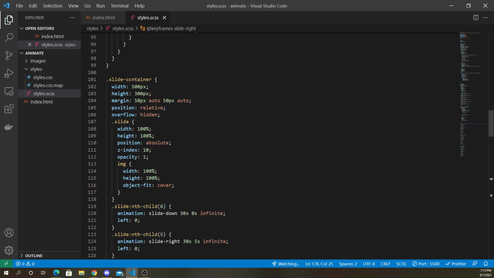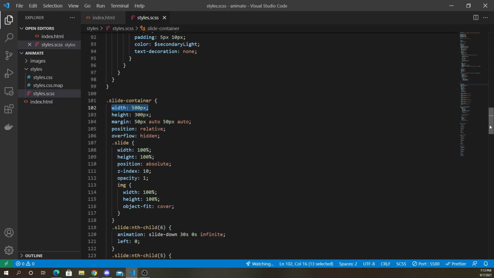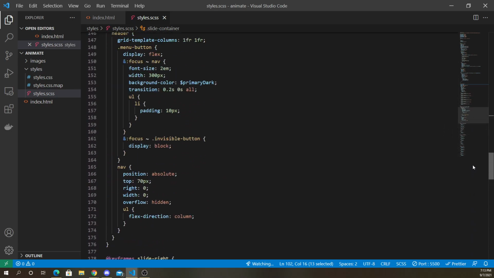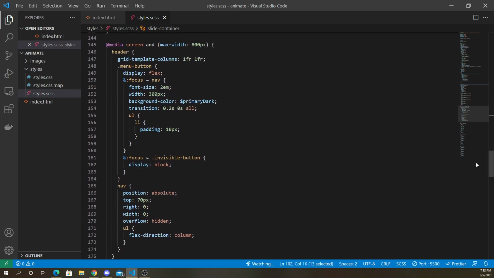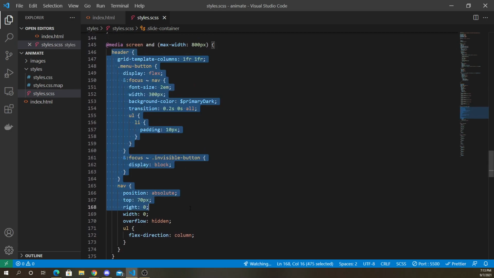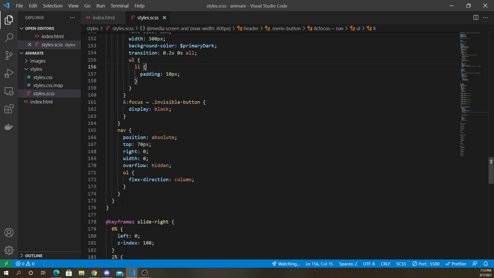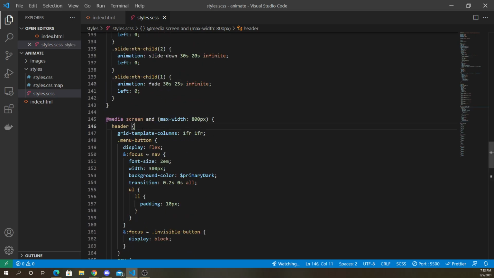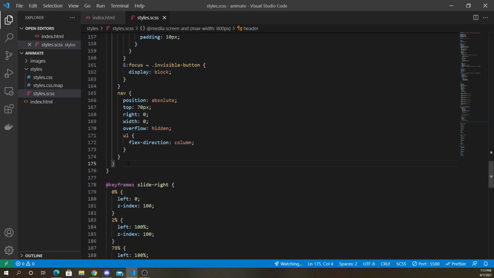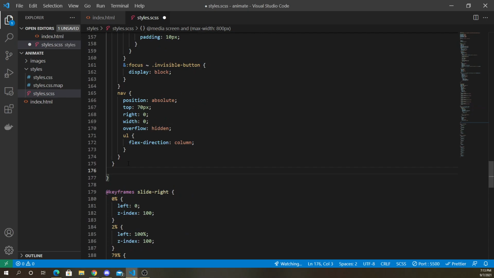And you can see here I put slide container with 500 pixels, but I can go to my media query. And do we have a selector for slide container? No, we don't. Okay, so after nav, after header actually, let's add,